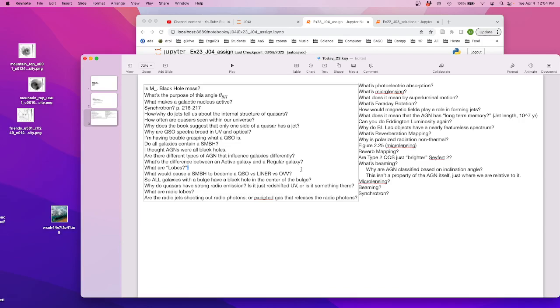So when I've got a really aggressively accreting black hole, it can shoot these jets out really far before they get stalled. So why does it make a blob? Because